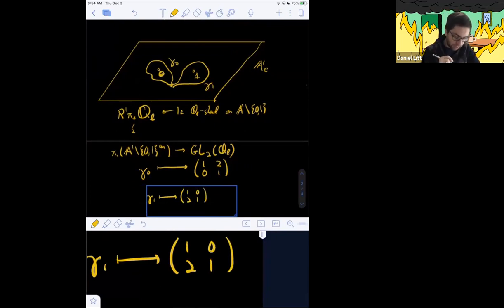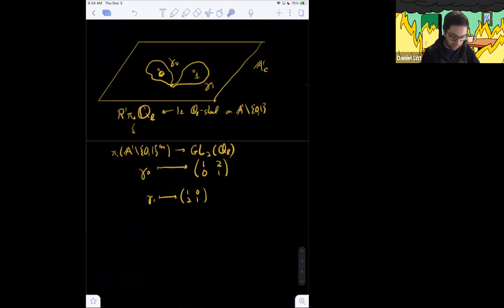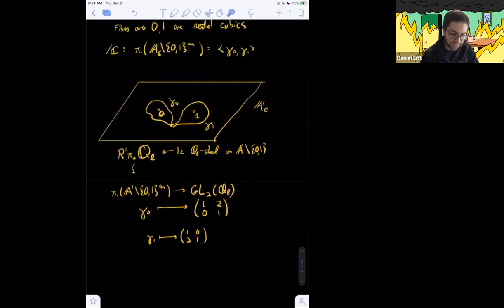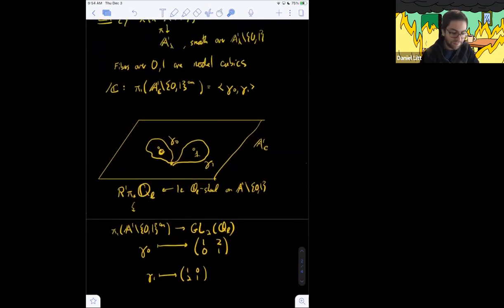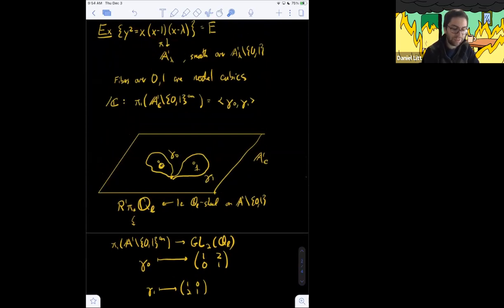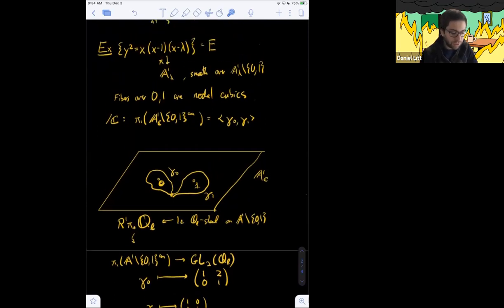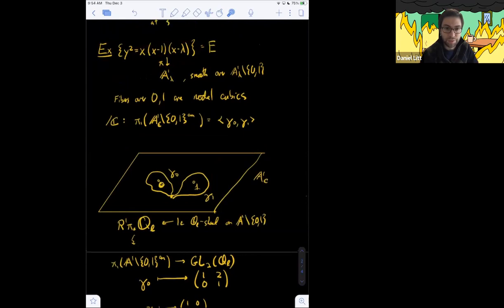Okay. So a couple things to note. These matrices, and thus the entire representation, are trivial mod 2. Does anyone see why that's the case? Why, if you reduce these matrices mod 2, you get the identity? It actually follows, and it's not so hard to see from the form of the equation. So what are the two torsion points on this elliptic curve?